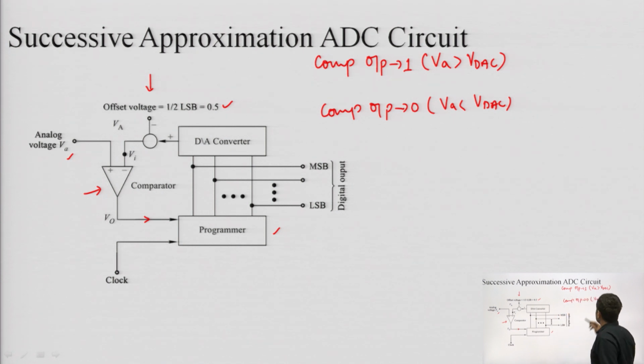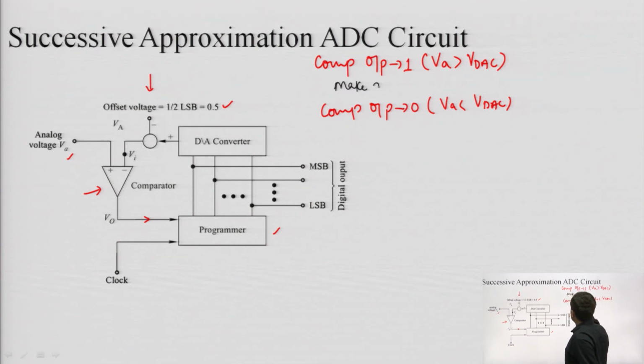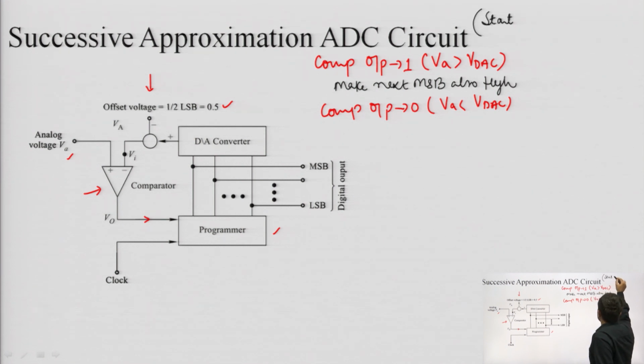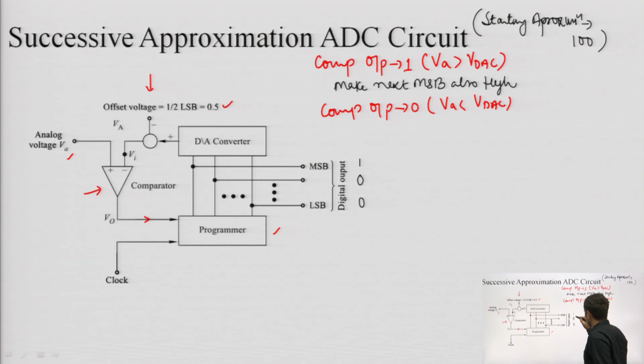In that case, make the next MSB also high. The starting approximation will be 100. We will be starting with 100. That means this is going to be our starting point. Let's suppose I am designing a 3-bit successive approximation A to D converter, then this 100 is going to be the starting value. So if this is the case, then I will be making the next bit also high,